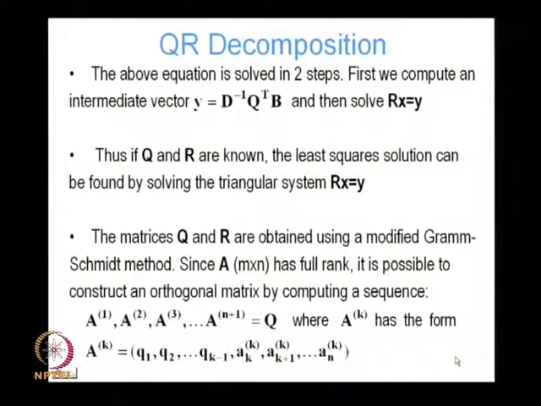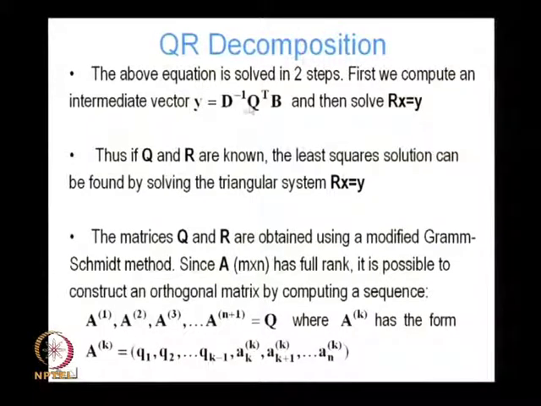The above equation is solved in 2 steps. Recall, whenever we do operations with triangular matrices, or with both upper triangular and lower triangular matrices, which we found when we did our LU decomposition while doing Gaussian elimination, it sometimes makes sense to do this problem in 2 steps. But in order to do this problem in 2 steps, we have to define an intermediate vector y